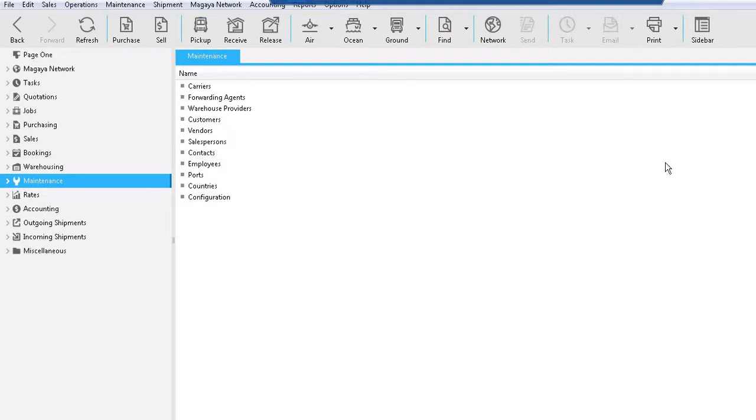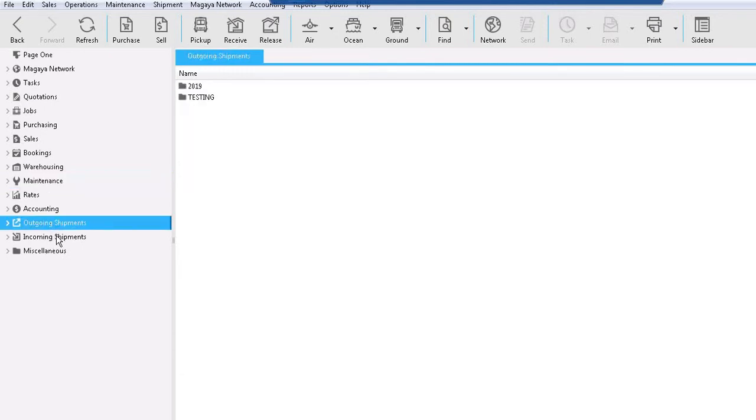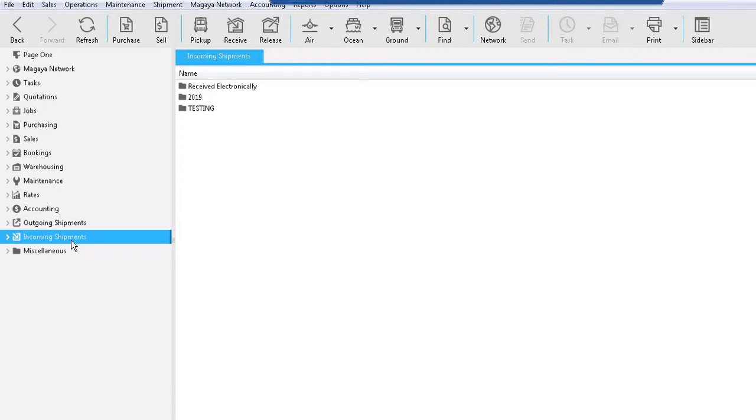In this video, we will be teaching you how to create a shipment from scratch. The first thing that I want to do is locate my two shipment folders. Now, for foreign to foreign, I recommend using outgoing. For export, obviously we want to use outgoing, but for incoming import shipments, I want to use the incoming shipments